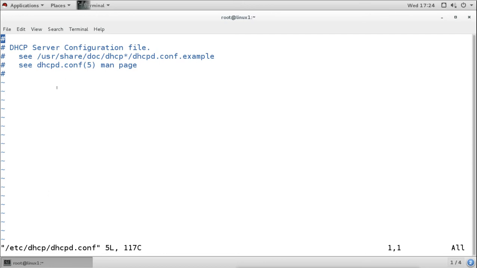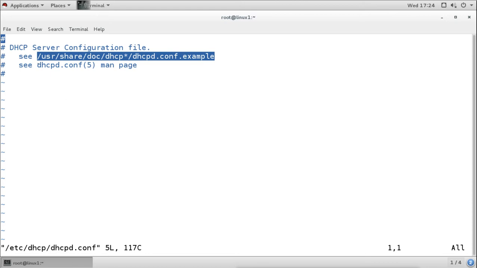So if we want to know what the format is for this configuration file, and how we can configure the pool and the other information, it says to see this sample file. There is a sample file we have. We can see in that sample file how we can create the pool, and what the format of creating the pools and other information is.